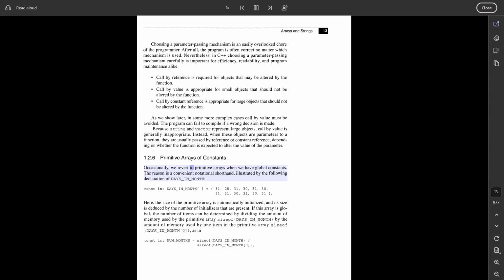1.2.6 Primitive arrays of constants. Occasionally, we revert to primitive arrays when we have global constants. The reason is a convenient notational shorthand, illustrated by the following declaration of daysInMonth: const int daysInMonth[] = {31, 31, 30, 31, 30, 28, 31, 31, 30, 31, 30, 31};